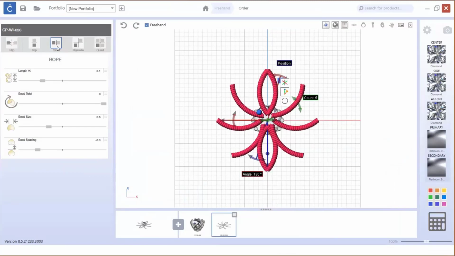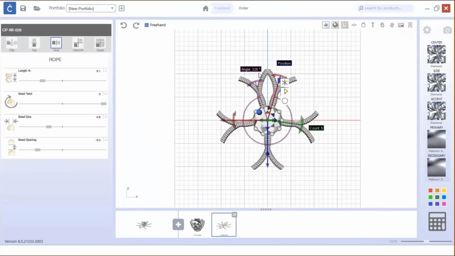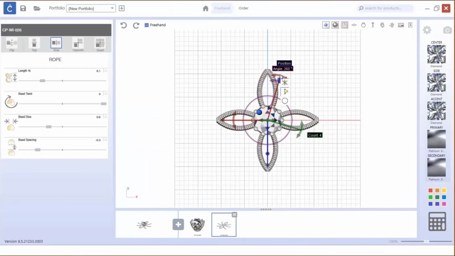Now my mirror is still turned on. I know that when I array this piece, I want it to go all the way around that center stone. So here I'm going to utilize my angle arrow. So you can see I have my angle here. It's at 180 degrees. To go all the way around, I'm going to drag it to 360. So coming around, you can see that my angle's increasing. When I drop it right on that 360 degrees, you'll see that I now have that same shape around my